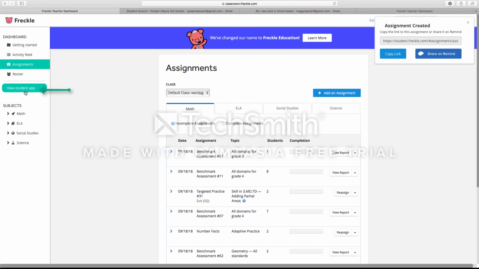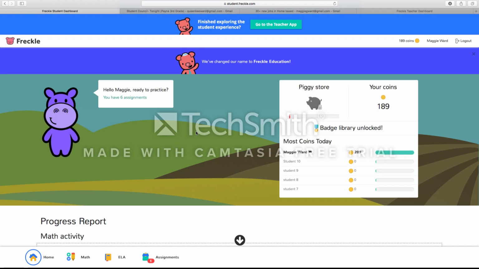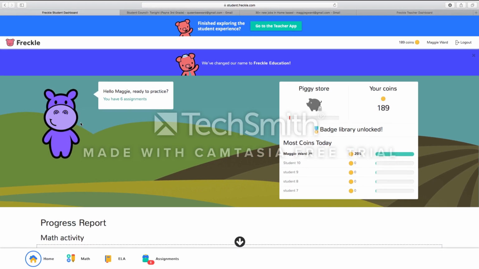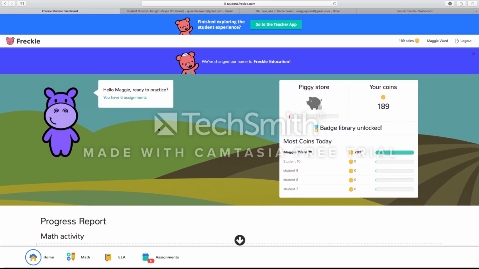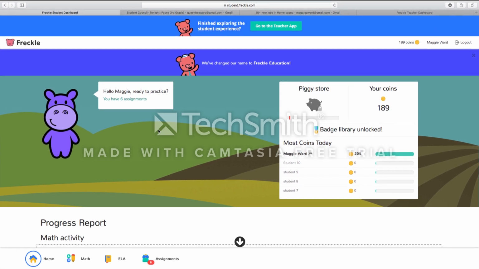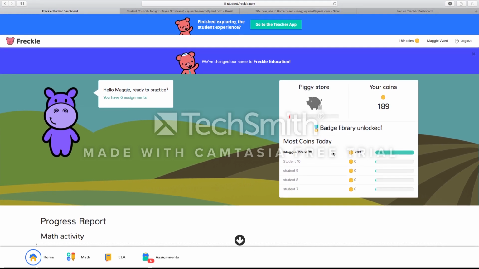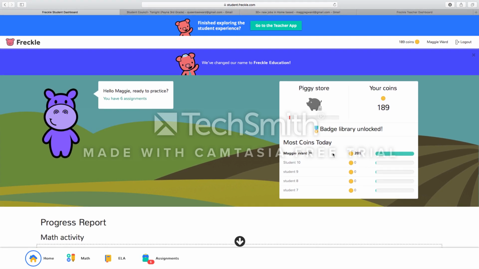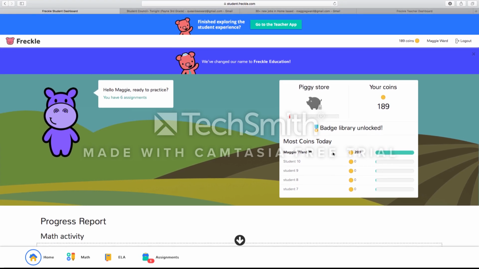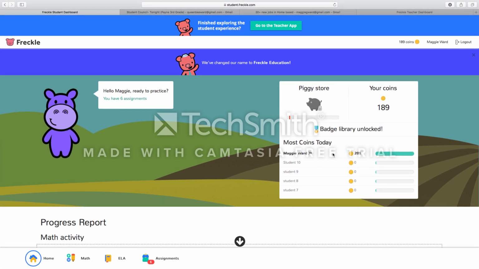I want to show you what the student app looks like for math. They also have a dashboard. This is great because it gives them incentives to want to be on Freckle and to want to do their best. As you can see, they can see the student board. Maggie Ward has 209 coins, and maybe I want to beat Maggie Ward because I have 189 coins. You can collect these coins,